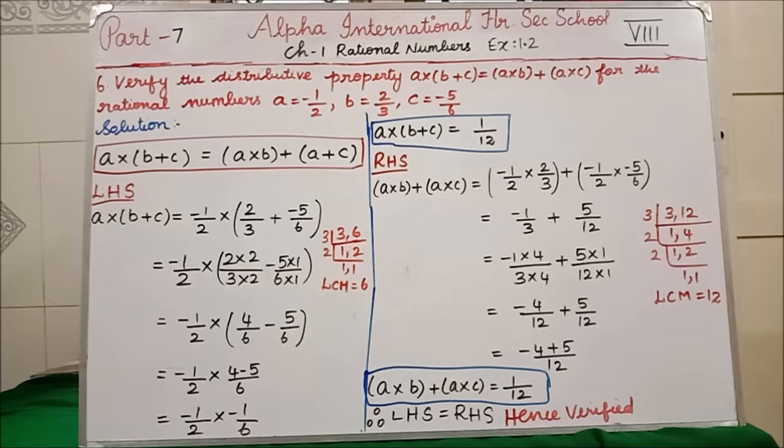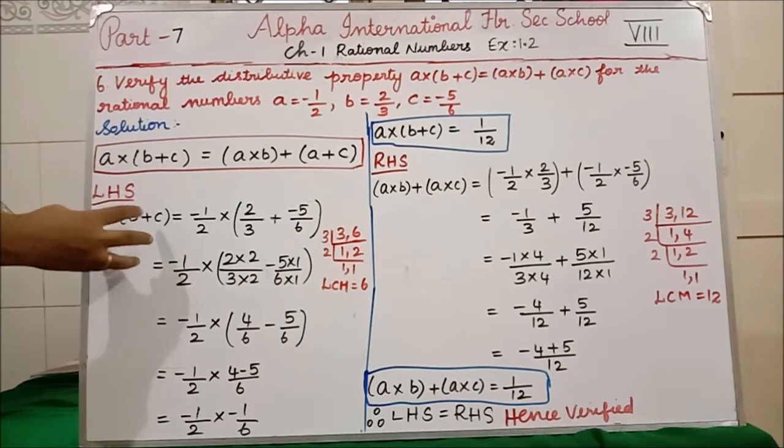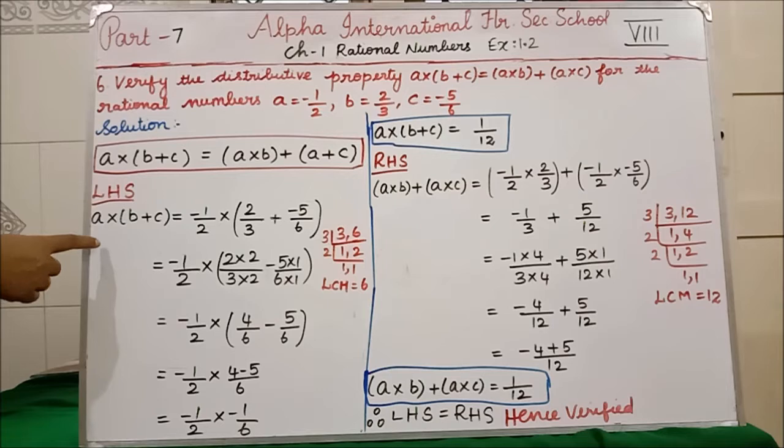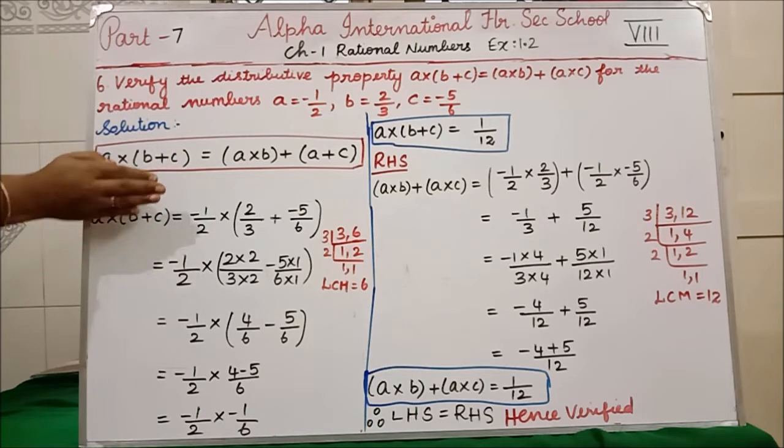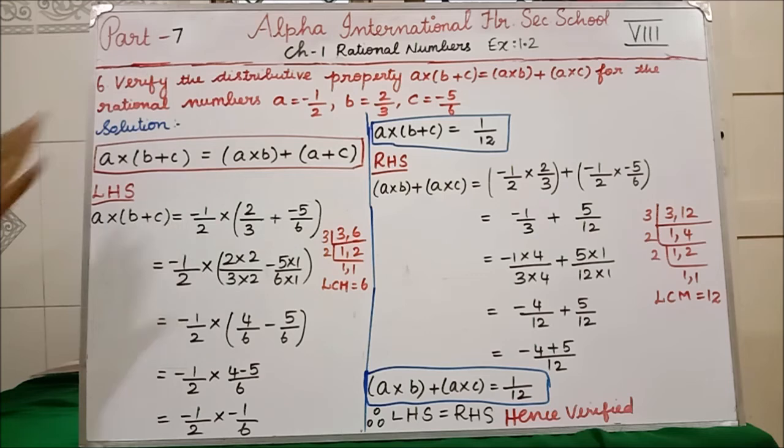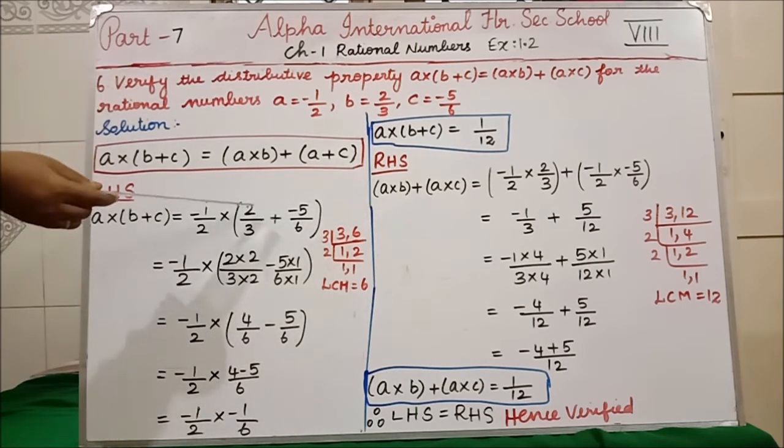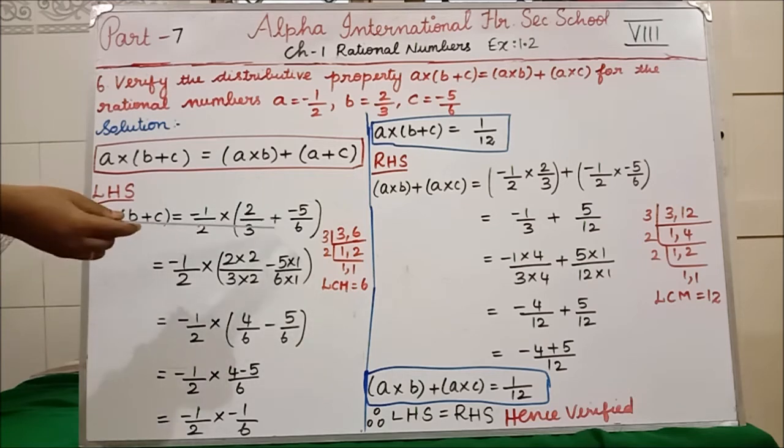Clear? Clear, all of you? The left hand side we are taking as LHS, the right hand side part we are taking as RHS. We are going to do them separately. Now you see, I have taken the LHS part separately and written LHS: A into (B plus C). First I am going to prove only the LHS part. Now you forget about the RHS part. Clear? What A value have they given in the question? Minus 1 by 2 into B value 2 by 3, in between plus sign, C value minus 5 by 6.